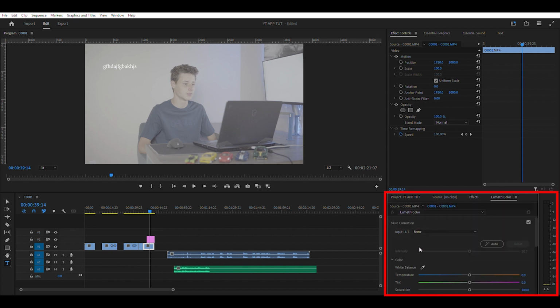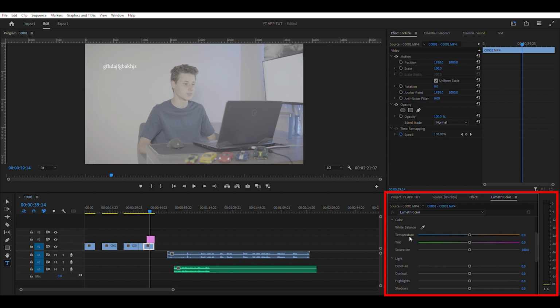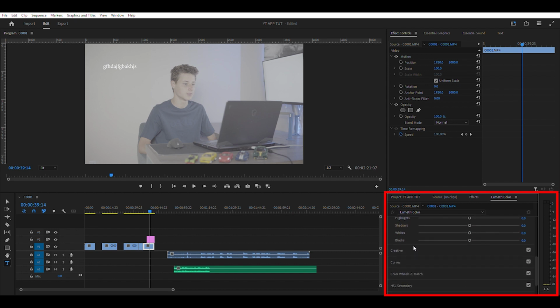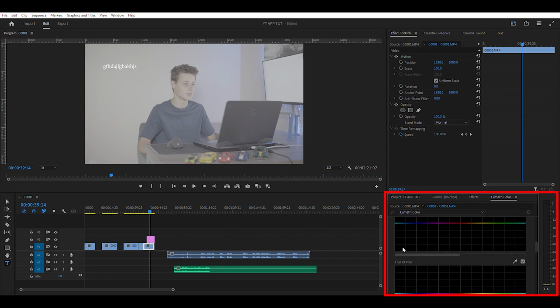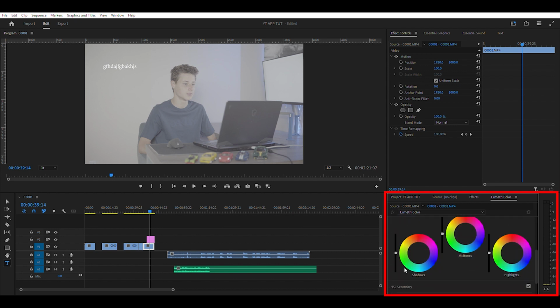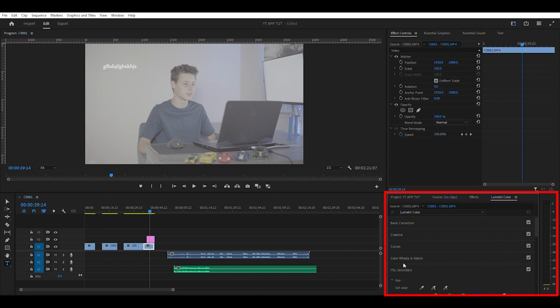This is where you'll color grade all your clips. So first up, you have basic correction. This is just lighting mostly. And then you have your creative section for importing LUTs. The next section is curves. The last one is color wheels. And then HSL. I'm not going to go in detail, but maybe I'll make a separate video on exactly how